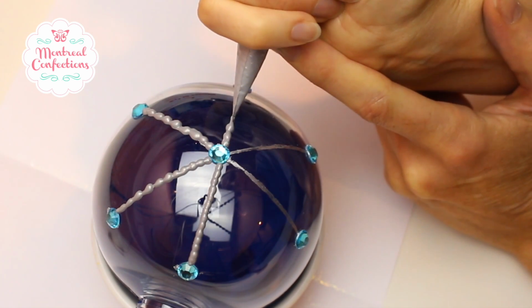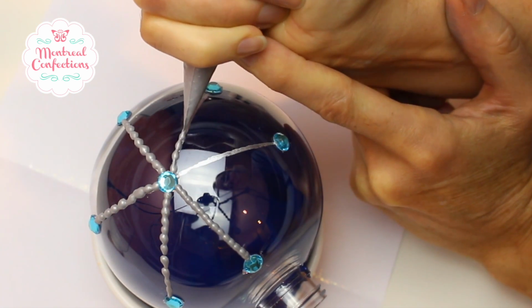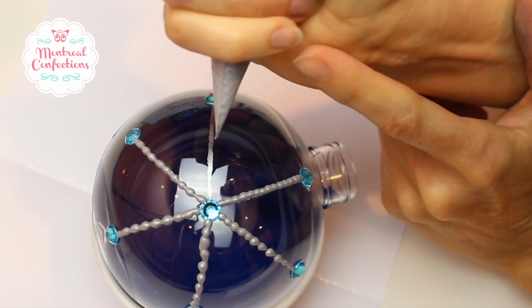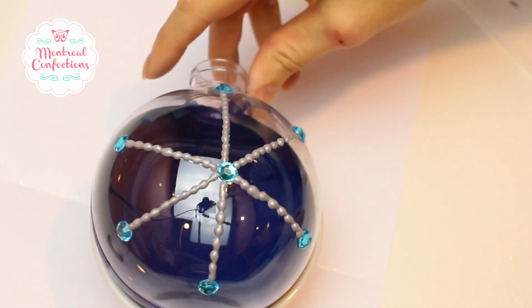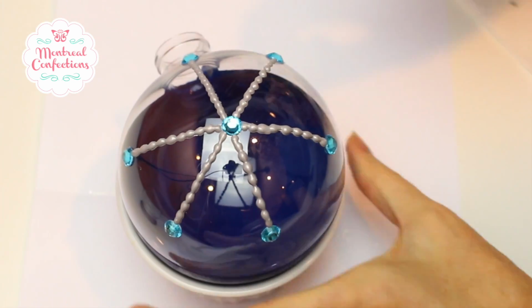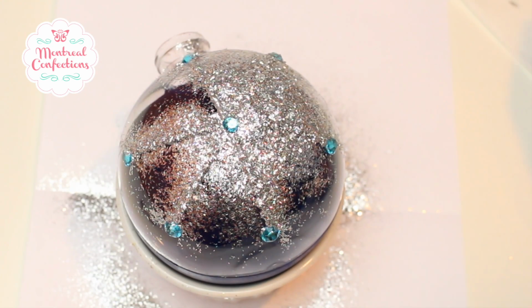There. And I'm just going to sprinkle this with some glitter. I'm working on a piece of paper so that the excess is caught. And then I'm just going to let this dry, because I did try to shake it off last time and I actually shook off the puff paint. And so I'm just going to leave that like that to dry, and then once it's dry, we'll be able